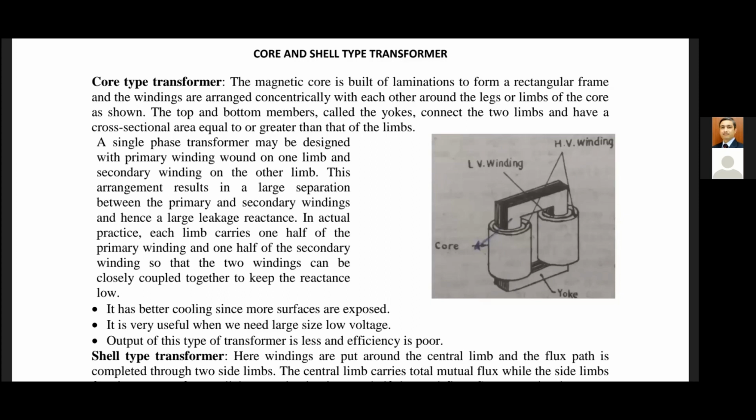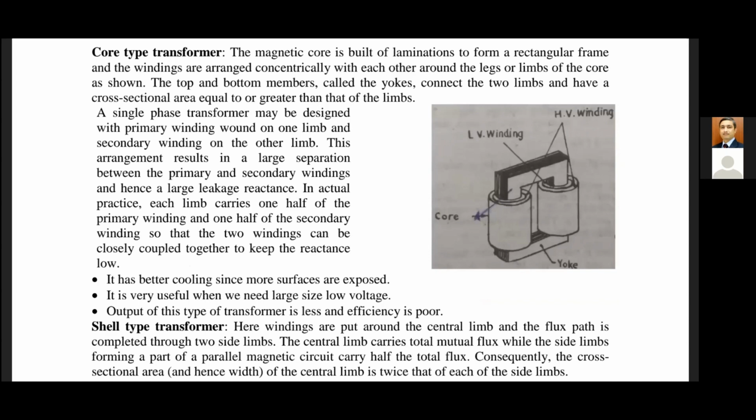Based on the construction of the transformer, it is mainly divided into two types. One is the core type transformer and the other is the shell type transformer. So what is the main difference between them, and what are the similarities between them will be discussed. The similarity between them is that the windings are wound on the limbs, and limbs are the vertical parts of